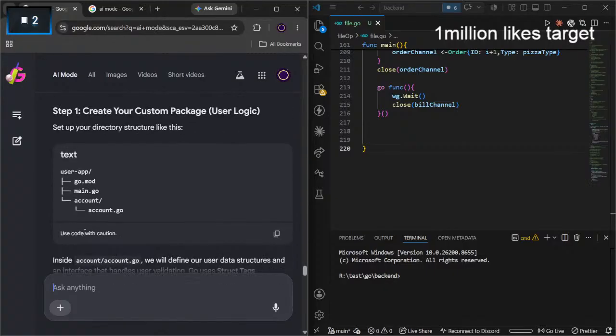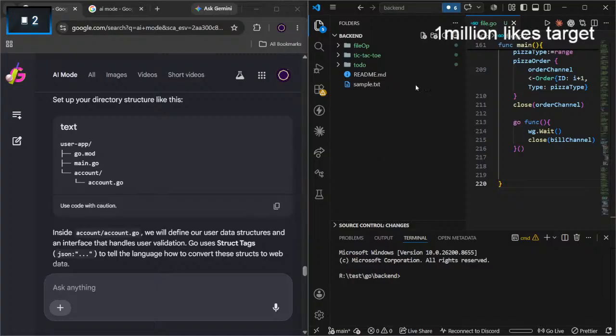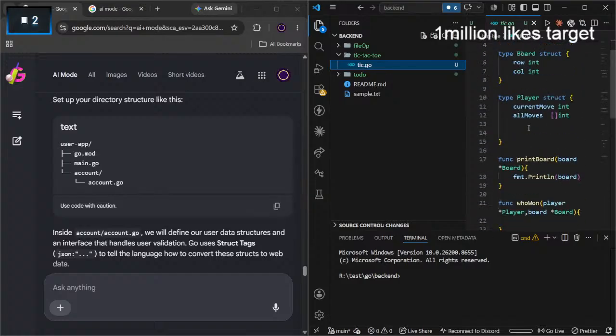Let's move to something different, like a user account. So I need a user account. That's what you say, right? You can do something else.